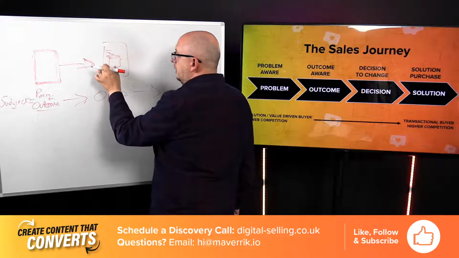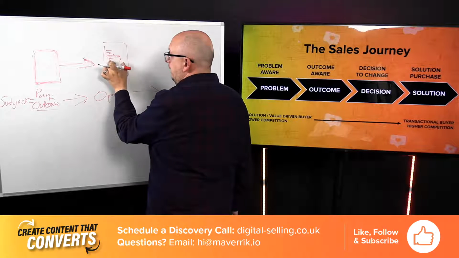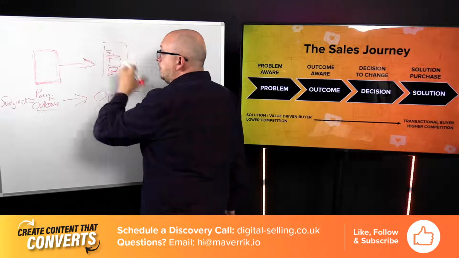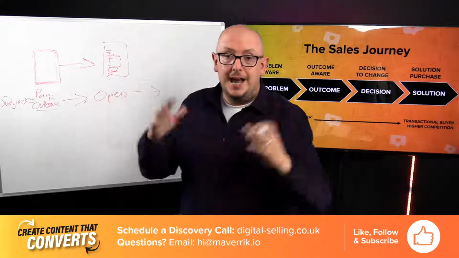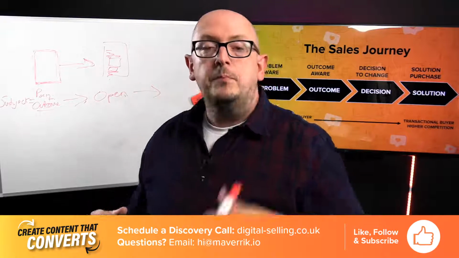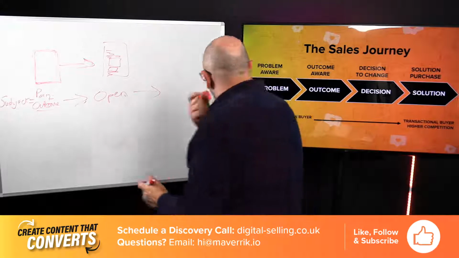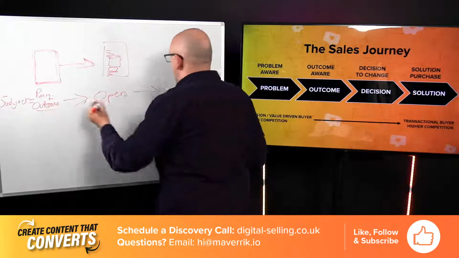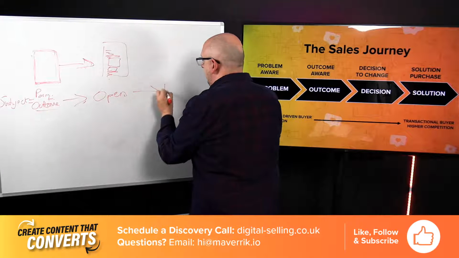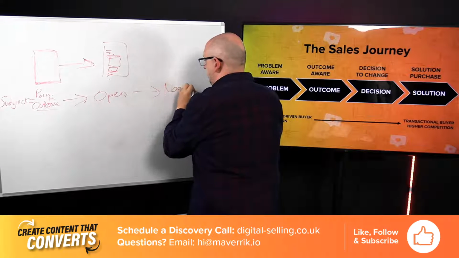So I've created a pain and outcome subject email. In the email, it looks like a normal email written with an image in the middle and a button. And I say, I'm sharing this article. It's about the challenges X types of companies face on X, Y, or Z. It might be useful to you. I thought I'd bob it across to you. Kind regards, Dean. There's the link. So when they open it, it's because of the pain and outcome. When they click it, they've told you their need.